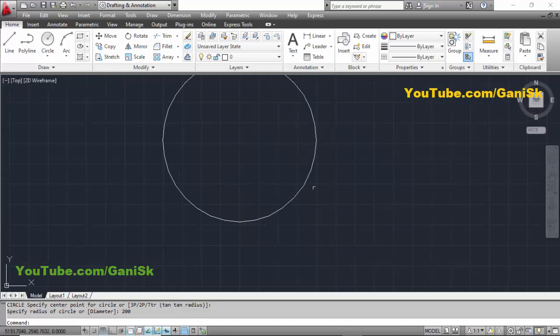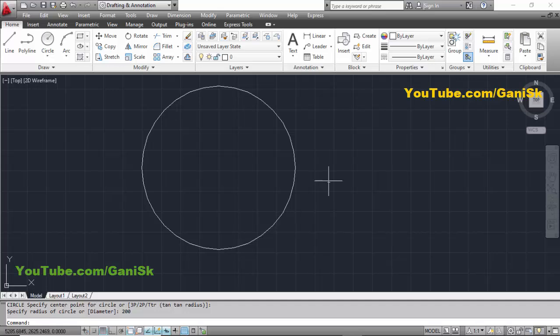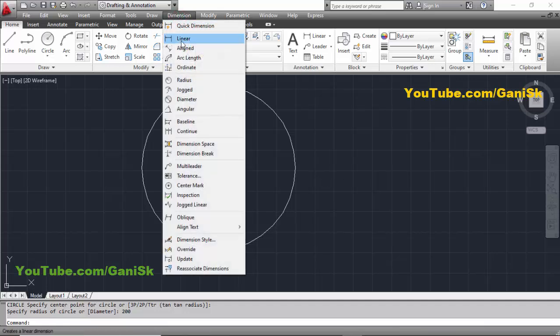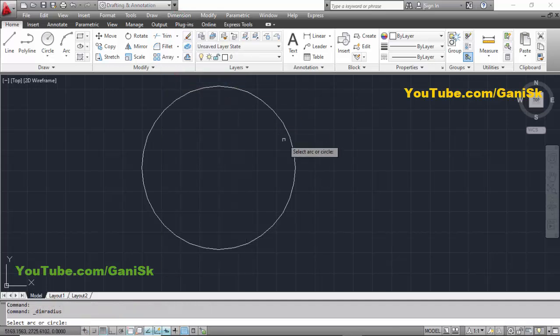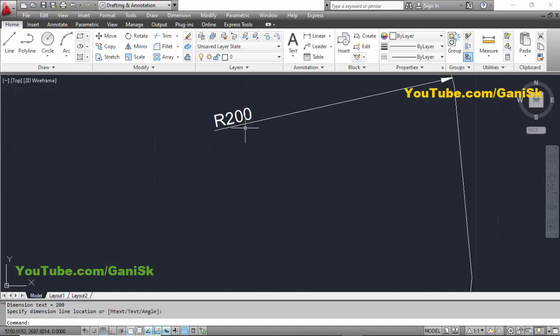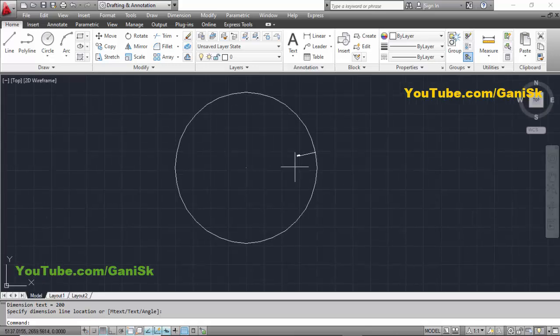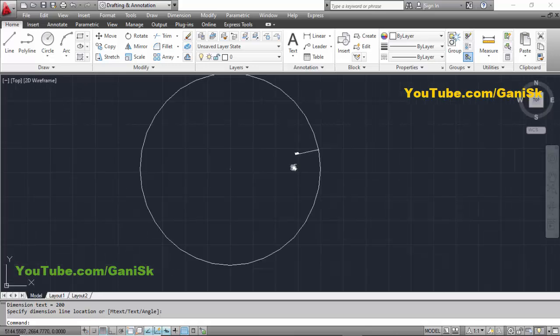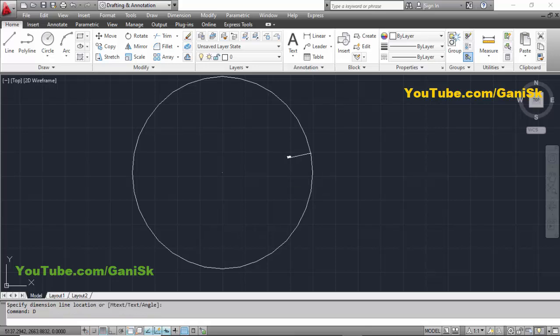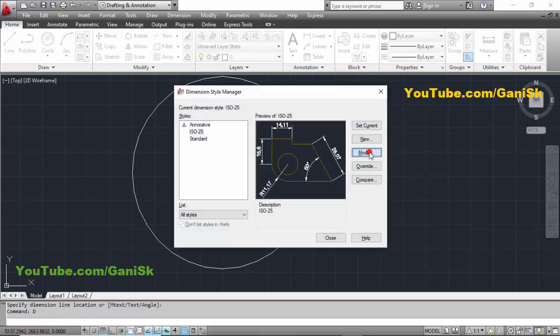Now we're going to check the circle radius, so click on Dimension, select Radius, pick the circle and click here to place the dimension. You can see now we have radius 200, but this dimension is very small, so to increase the text of this dimension, type D, Enter on your keyboard, click on Modify,